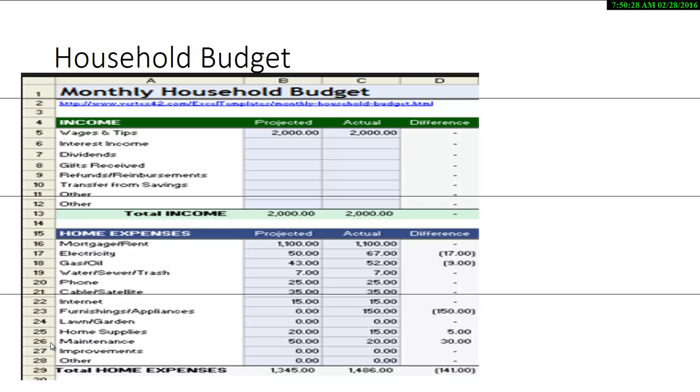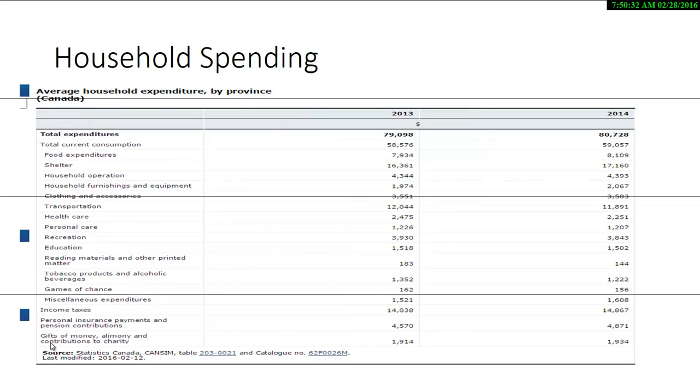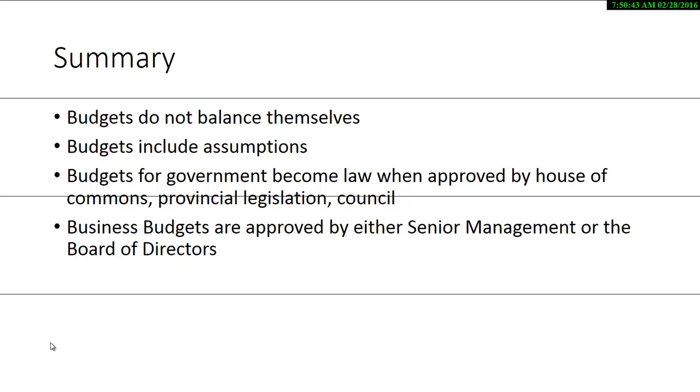Household budgets now basically are based on income and then your expenses, and that's what you're seeing here. Now I just wanted to show you the average household budget here to give you an idea in terms of where the buckets of money are being spent, and this would be part of when you look at your allocation. Now let's talk about a couple of assumptions here.